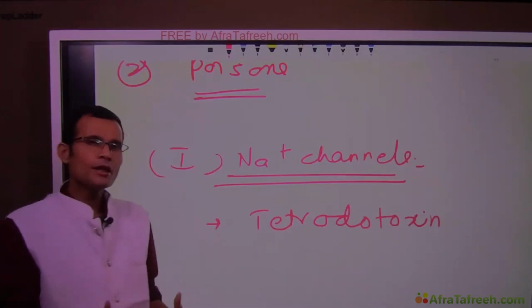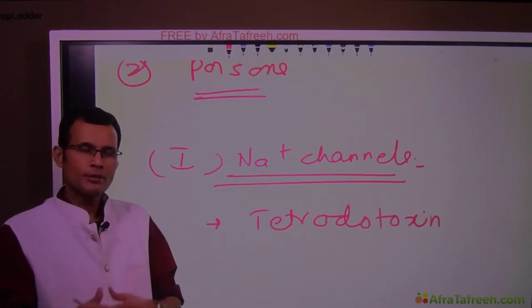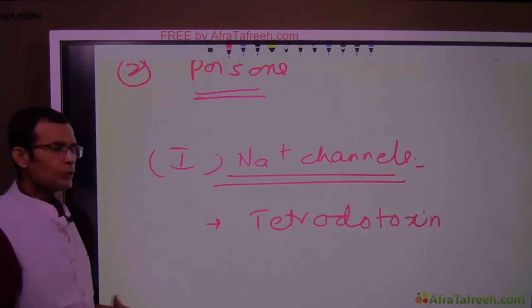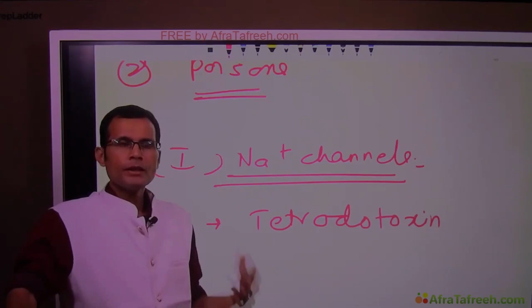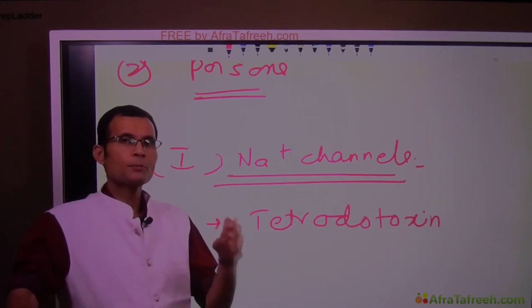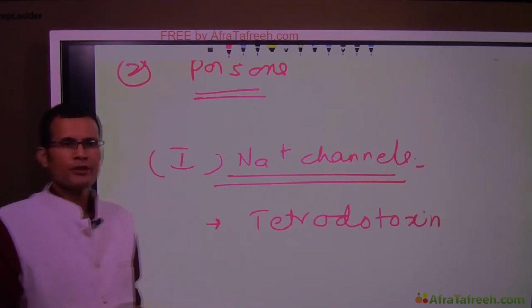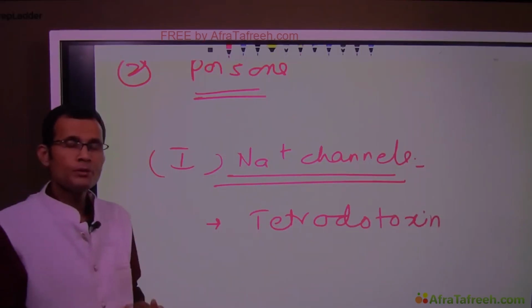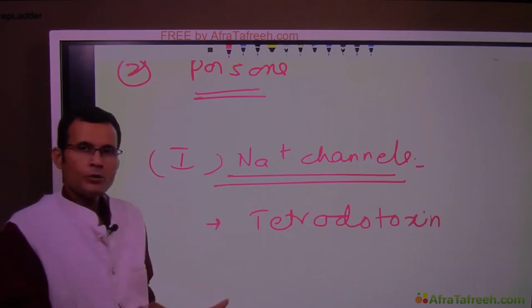It's commonly called fugu poison or nerve gas poison, something like that. Tetrodotoxin is found in a variety of fish called puffer fish, and some delicacies are also made from that puffer fish, but it's a very strong nerve poison, because when the tetrodotoxin is given,